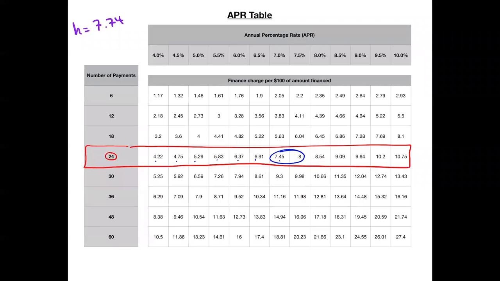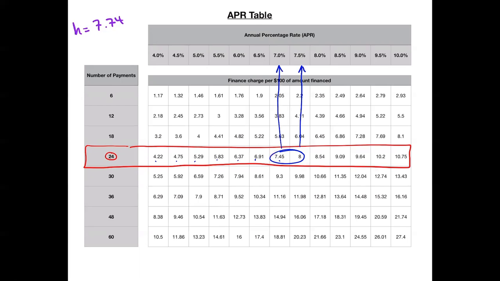You're going to calculate a value of H on these problems, and it may not exactly show up in this table. For our purposes, you can just estimate. For example, let's say our H was 7.46. You could just round it and say, hey, this is our value of H. So let's just assume it's here, and let's go up. In this case, 7.74 seems to be approximately right smack dab in the middle of this 7.45 and the 8. So what I'm going to do is go up,